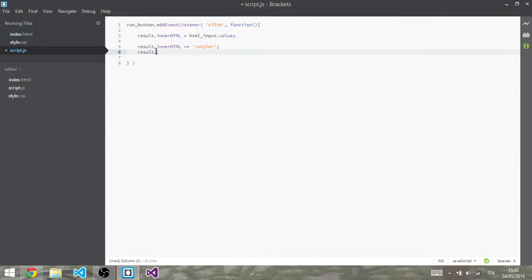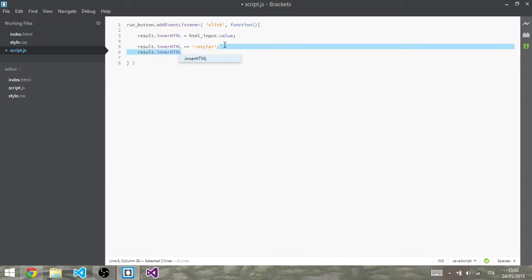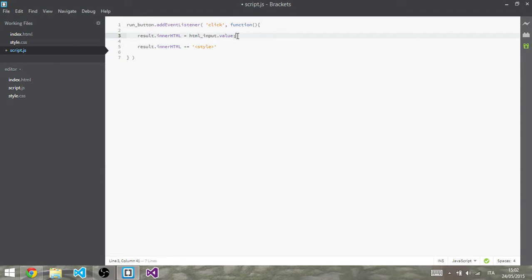So yeah, just as a proof of concept. In HTML, oh actually, why am I doing this? It is equal to input value plus, yeah, we'll do it from here, style plus CSS input value plus